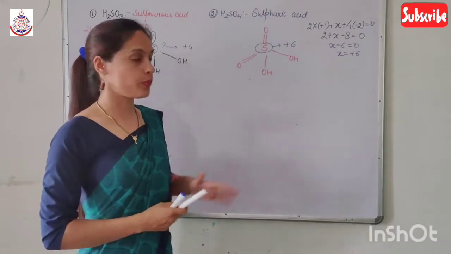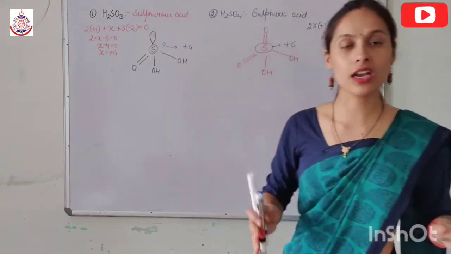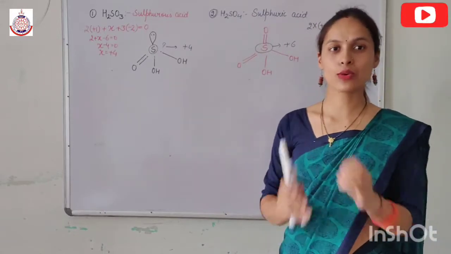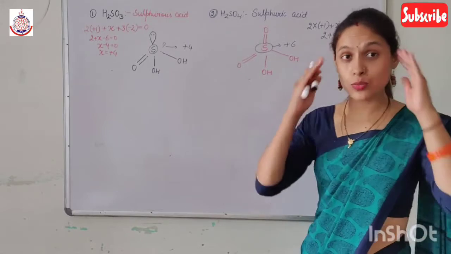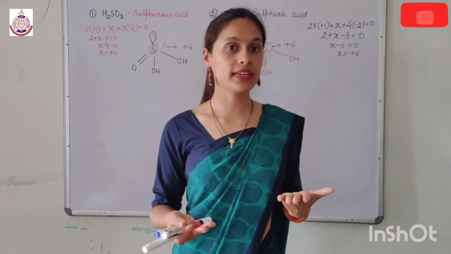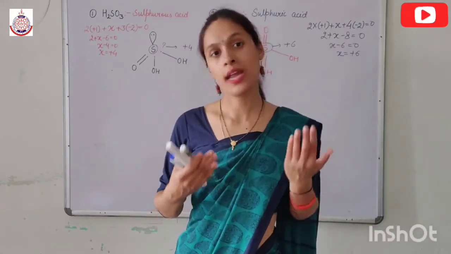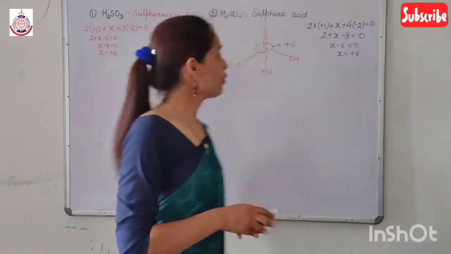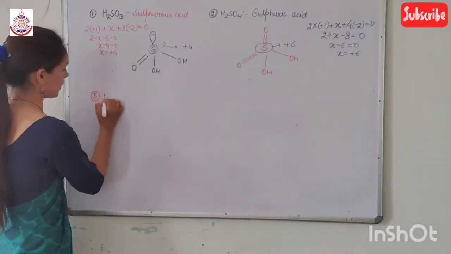Clear? So with the help of this trick, by simply looking at the structure, we can easily calculate the oxidation state of the central atom. We just have to know to which element it is bonded, and out of the two elements which one is more electronegative. Now we'll move to our third oxo acid, that is